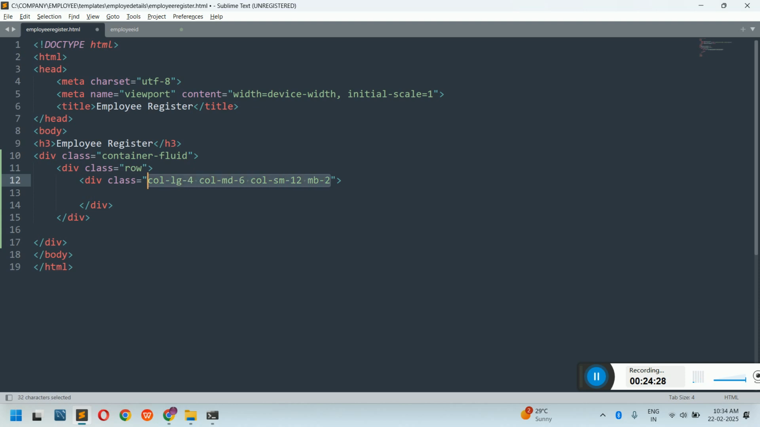Sometimes what happens is, if the number of fields is more, we use call LG 3, call MD will be 6 as it is, call SM will be 12 as it is, and MP we fix to 2 in this. Only the column size changes, this part will be changing. So now the fields are less, so I will go with call LG 4 in this case. Next after this, inside this, say I need to take an employee